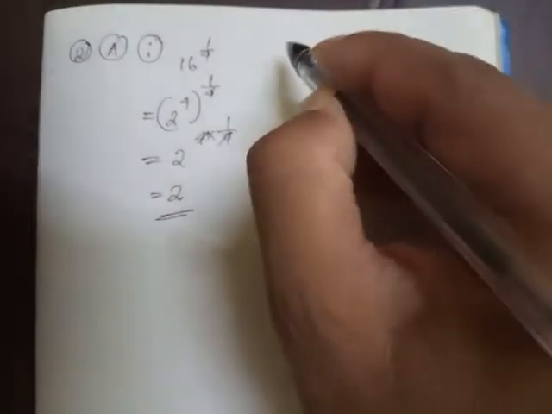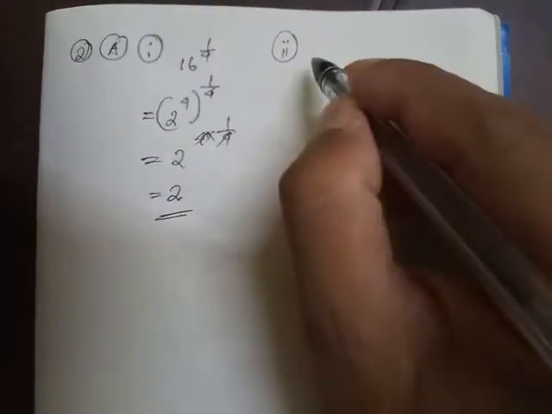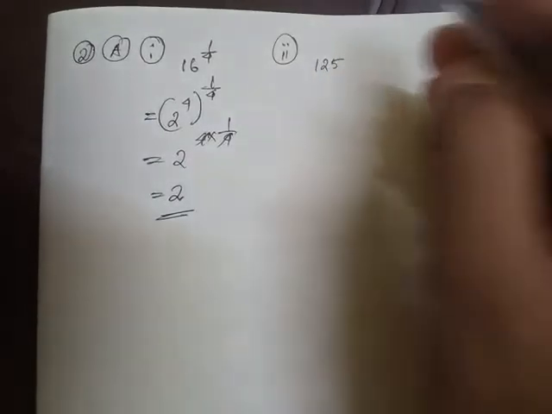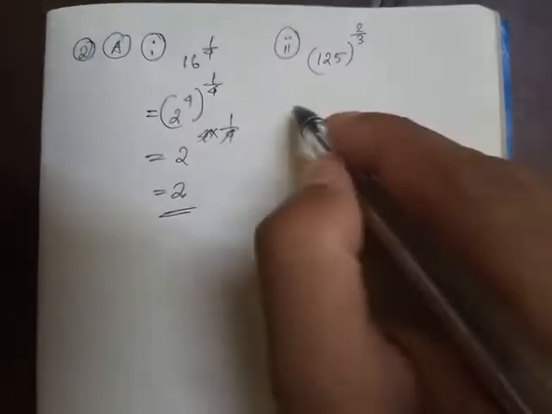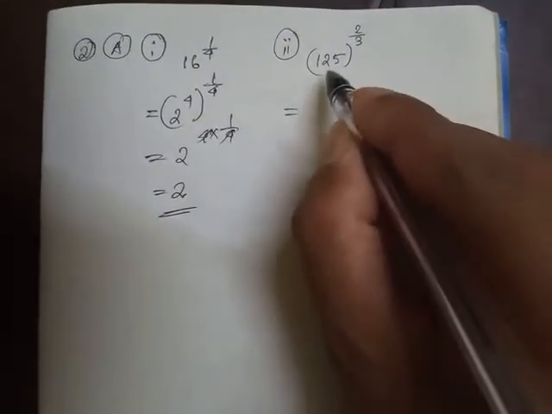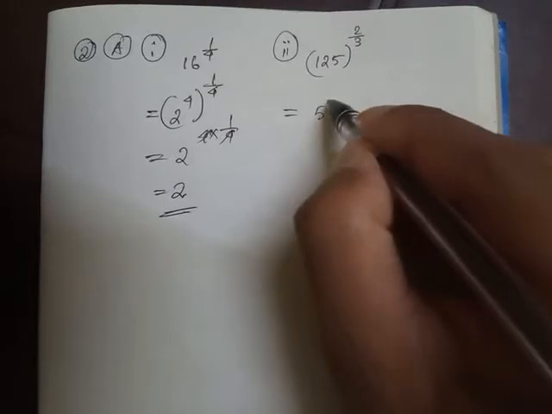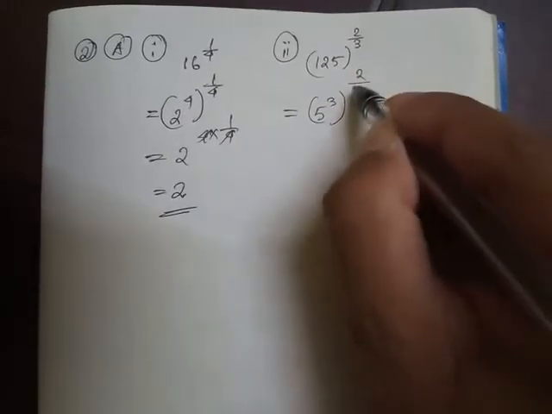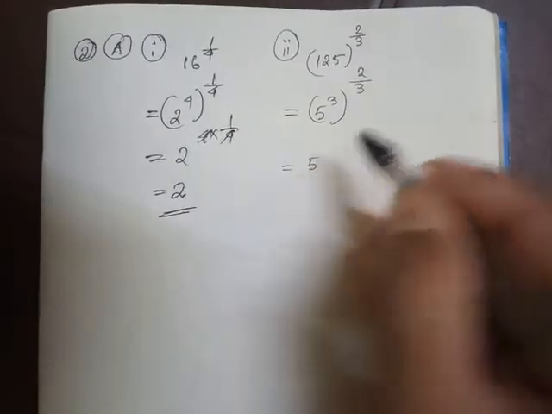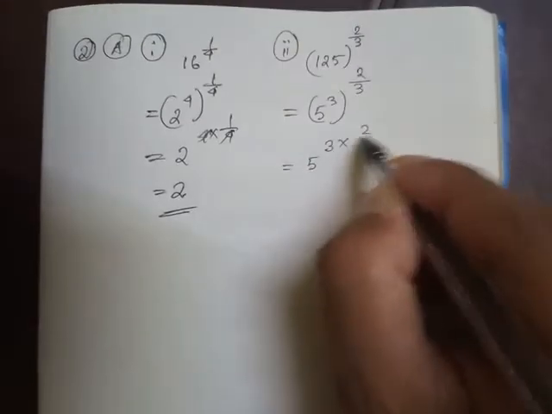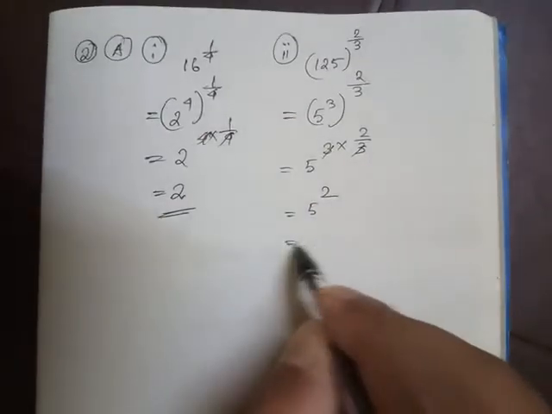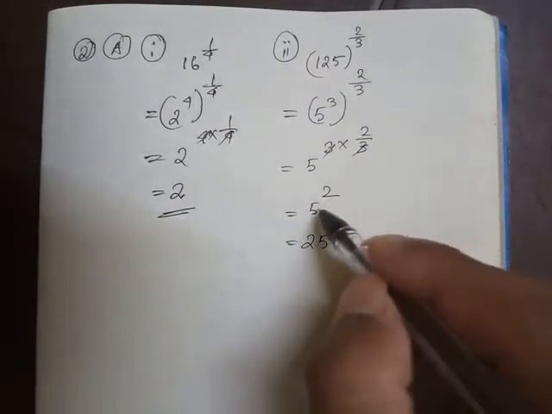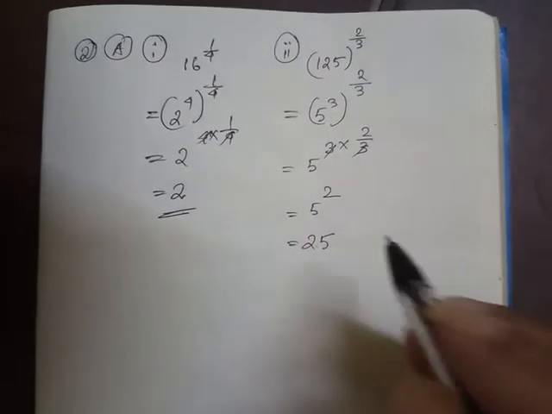Now students, next one is 2A Roman 2. The question is 125 whole to the power 2 by 3. Now look how to solve this one. 125 means 5 cube, and the power is 2 by 3. Now remove the bracket: 5 cube into 2 by 3, so 3 and 3 cancel, and the answer would be only 5 square. 5 square is 25. It is not 5 to the 10, it is 5 into 5, 25. This is the answer of